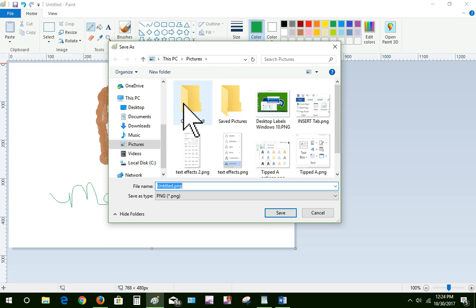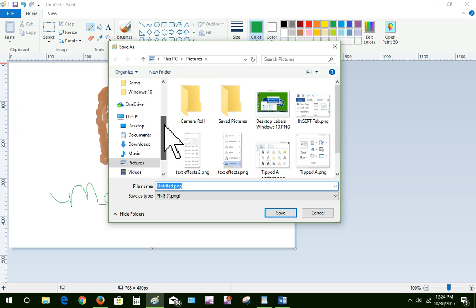Because this is a picture program, it should default to the Pictures folder. If it doesn't default to the Pictures folder, you're going to choose it from the left side of your Save As dialog box, okay? This is the navigation pane, and this deals with locations. So I could save it to Pictures, and then I could save it as